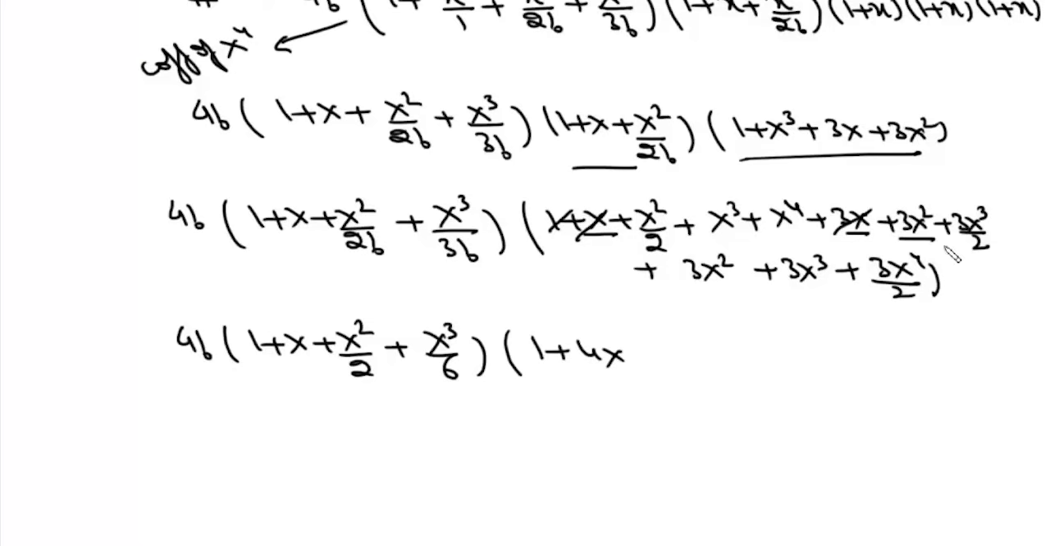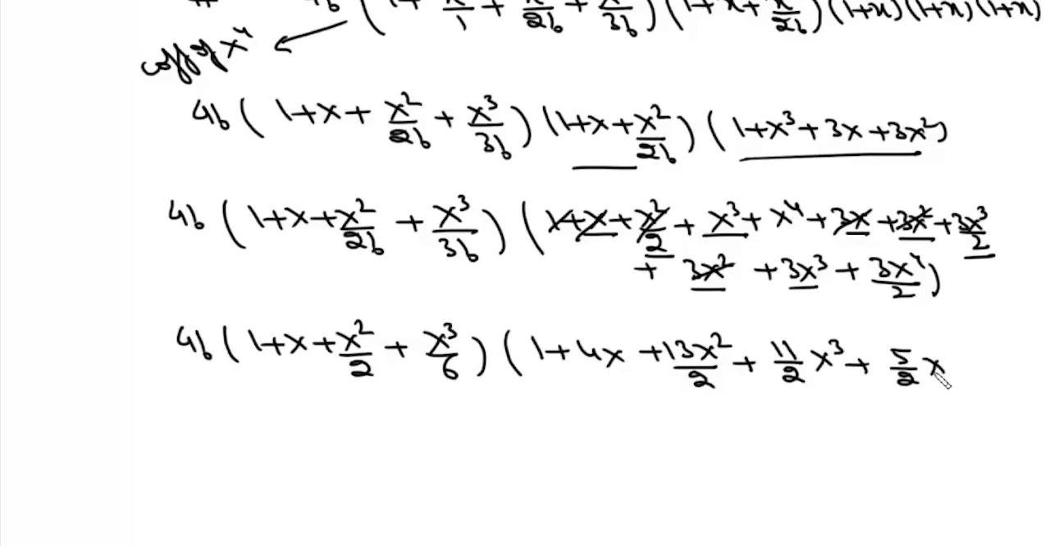Now we have 3x square plus x square by 2, so there will be 13x square by 2 plus x cube, 3x cube plus 3 by 2x cube. So there will be 11 by 2x cube and plus 5 by 2 into x to the power 4. Now we need to find coefficient of x to the power 4. So it will be